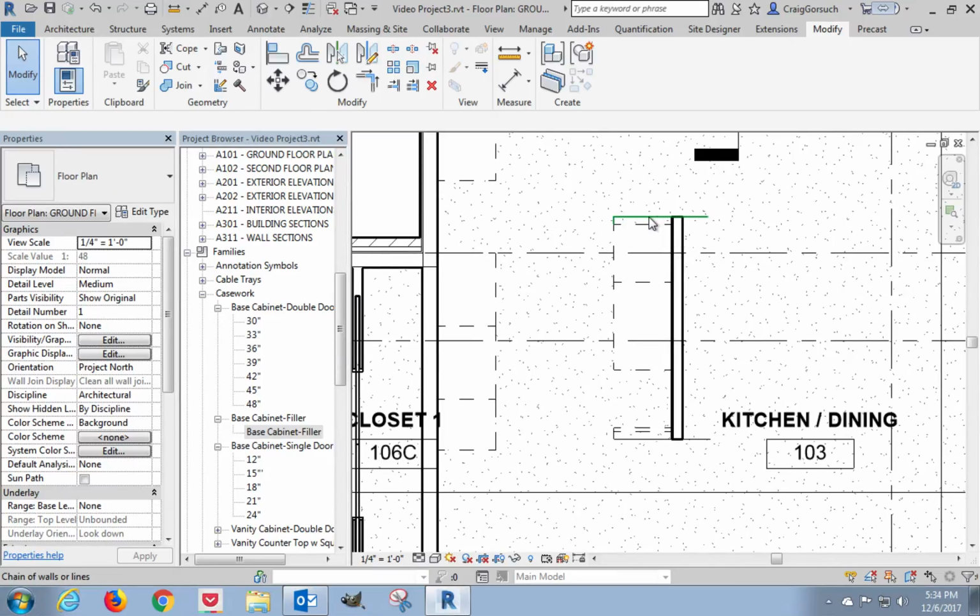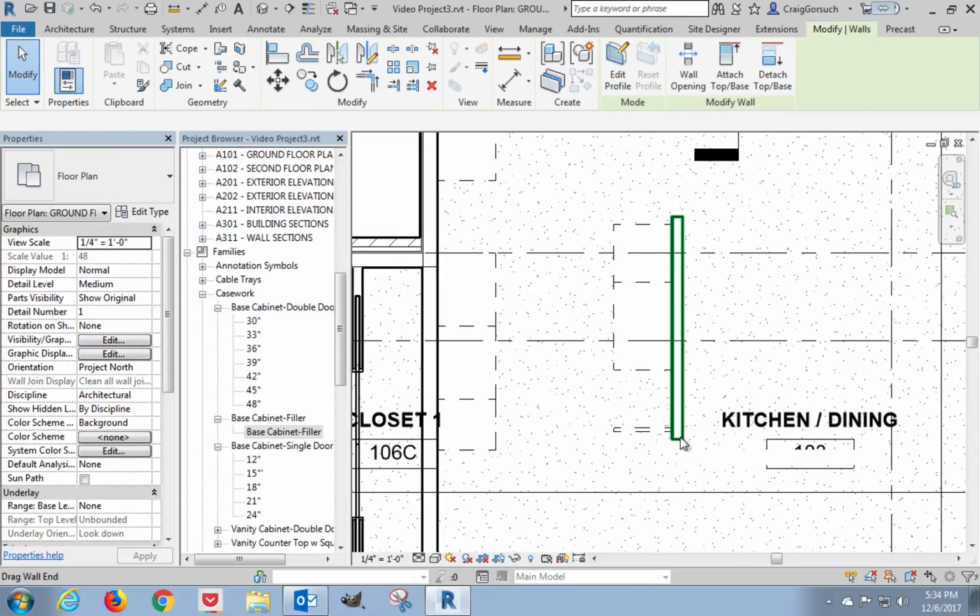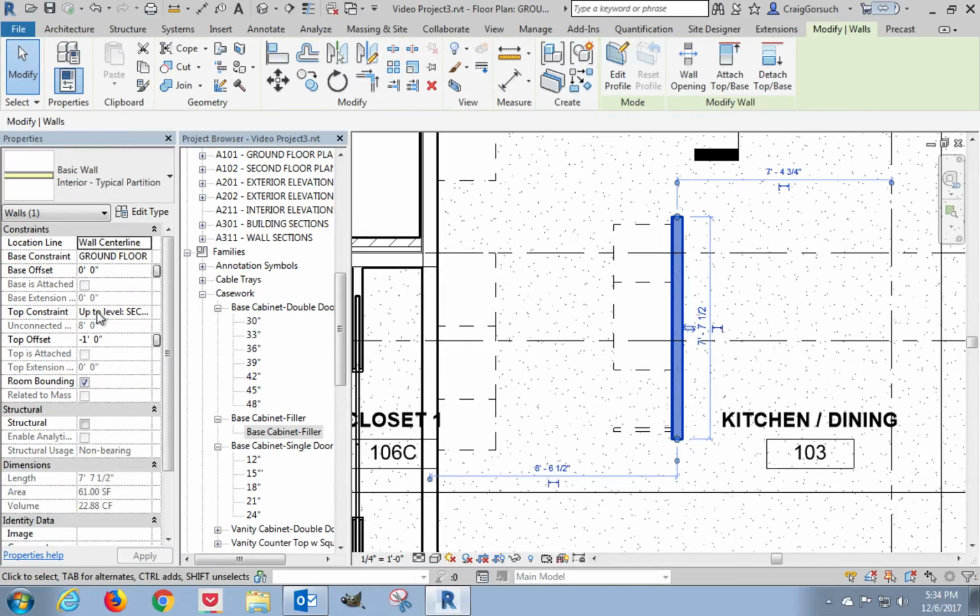I'm now going to delete those lines. And the one thing I have left to do from this particular wall is that this wall is too high. You can see here it goes all the way to the second floor, but it's 1 foot short of the second floor. This is going to be a bar top wall,